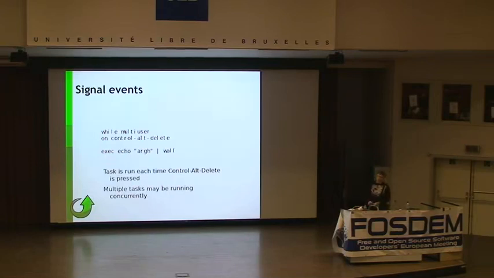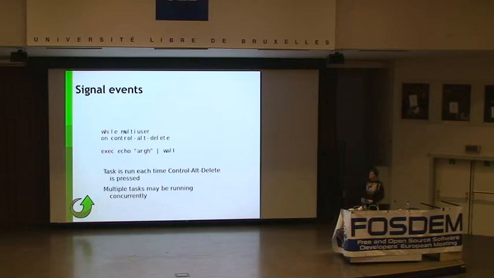The typical example of this is the Control-Alt-Delete key. The kernel sends a signal, and Upstart emits this as an Upstart event and allows you to hook onto it. So every time you press Control-Alt-Delete, you get a Control-Alt-Delete event. Now, the interesting thing about these is you don't really care whether the user pressed Control-Alt-Delete at some point in the past. You want to do something when it's pressed.